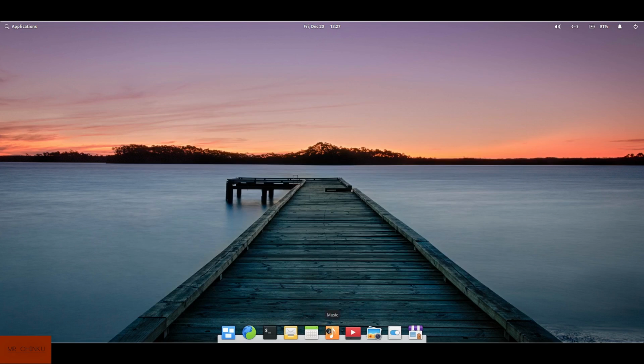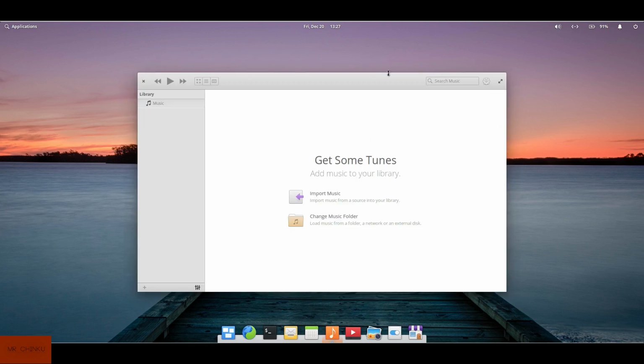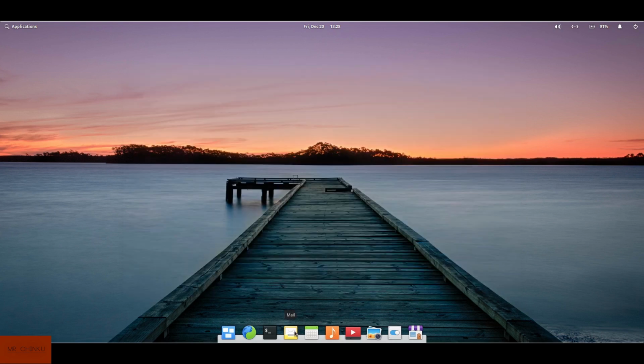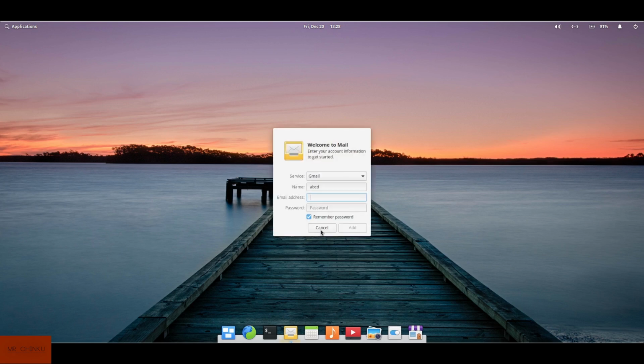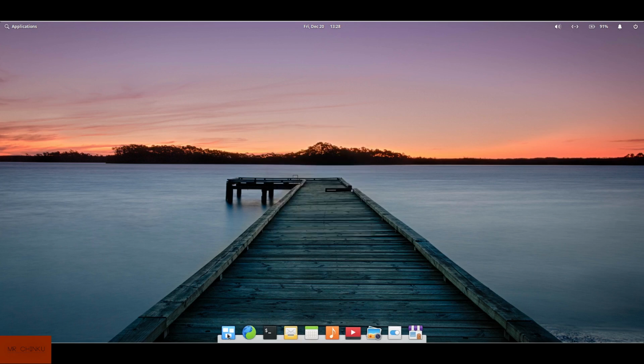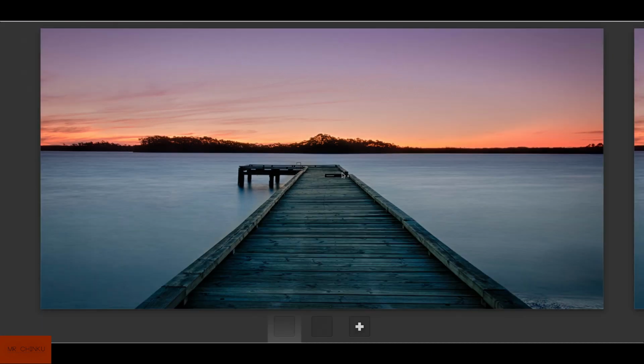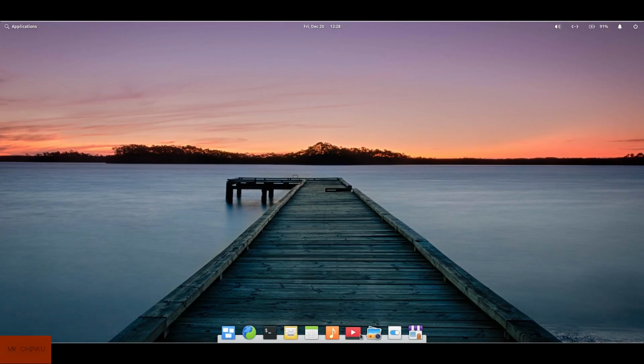Now going to the music application, this is the basic application we have. We do not have the option of connecting to the internet and playing music. And we have the application for mailing also. This is not the Thunderbird application, but it looks okay for me. I'll just go for cancel. And this is the multitasking view, where you can change the desktop also, or I'll just go to the original desktop. Here we have the photos application,